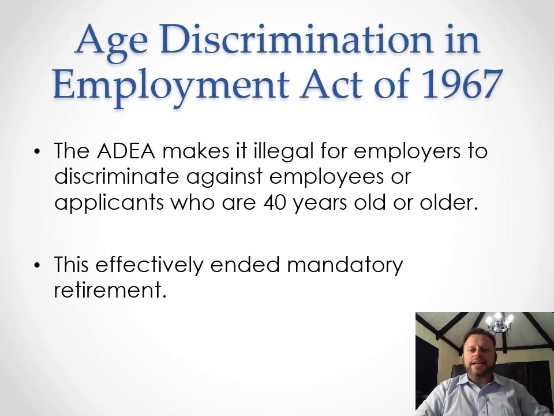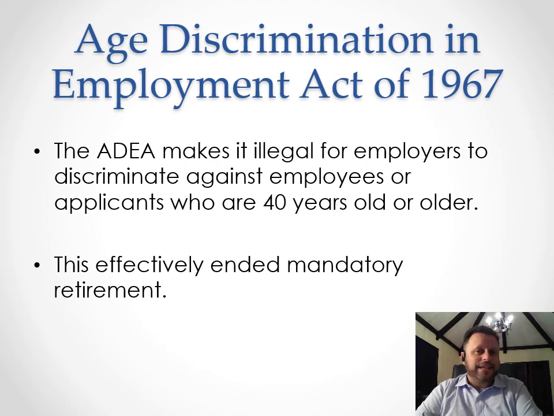Okay, next law is the Age Discrimination in Employment Act, that's 1967. And this was not just about age discrimination. This was particularly to protect older people, people over 40. And the idea was that there was a lot of discrimination, especially after World War II, when a lot of people came back. As they got older, they found that there were more jobs for young people who hadn't gone to war, who had gone to university, and the older people were having trouble getting jobs. And so they created this law.